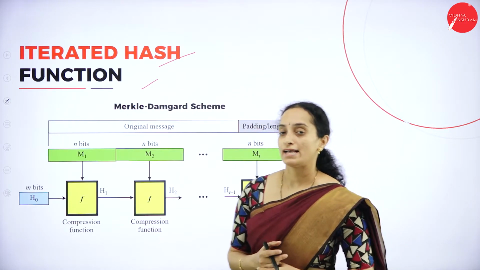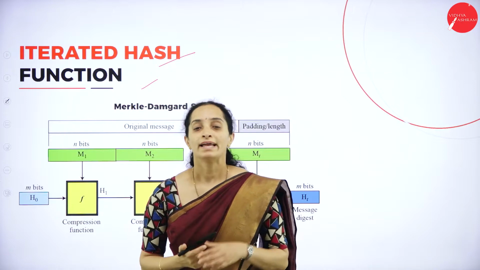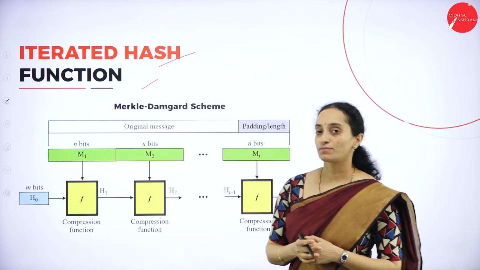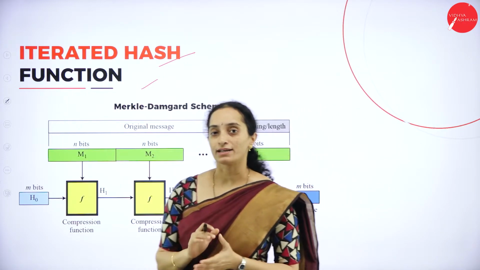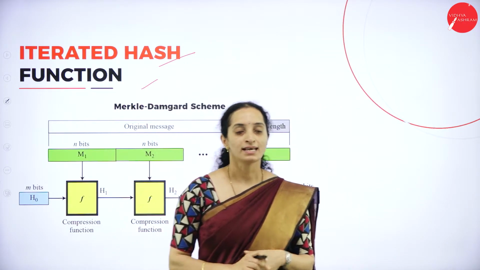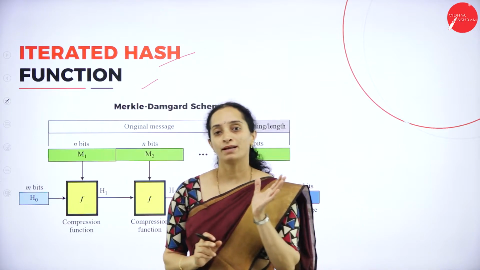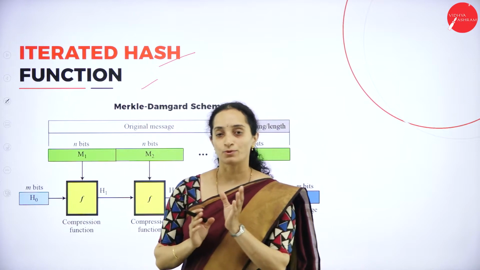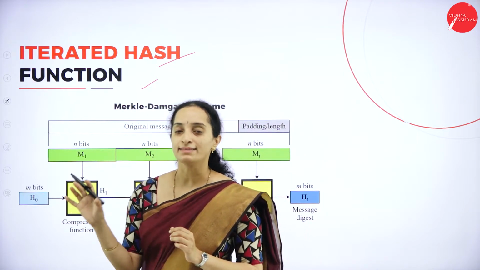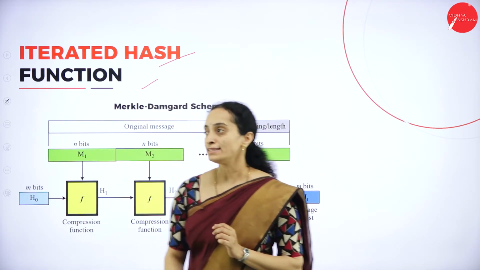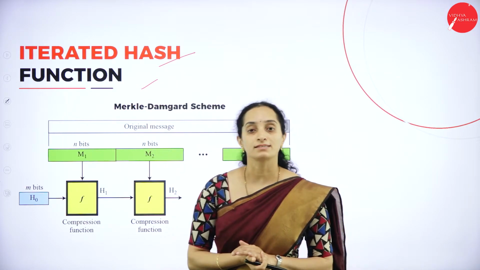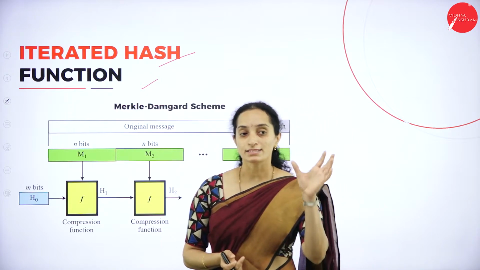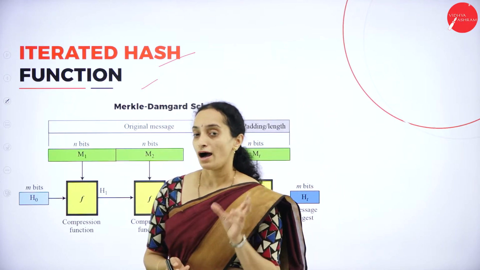So the iterated hash function is going to do iteration of fixed length inputs. The general method that we use in a hash function is taking a variable length or arbitrary length message as the input and producing a fixed length output. Instead of that, the iterative hash function proposes a concept where, instead of the arbitrary length message,